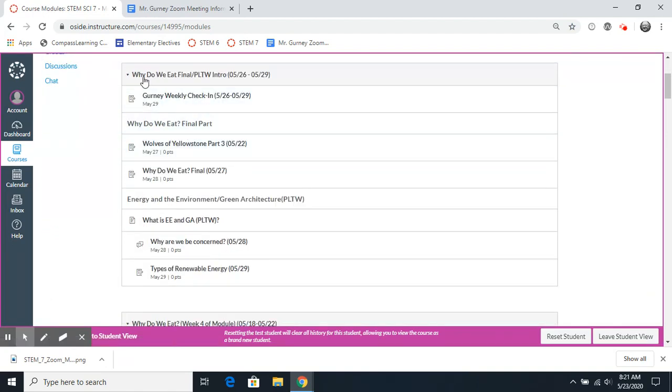And we are in the Why Do We Eat final portion of this unit. And we're going to start our last Project Lead the Way, or PLTW, unit. There's a quick check-in here, similar to other weeks. And then the Why Do We Eat final part. There are just two things. One is the Wolves of Yellowstone Part 3 that you started on Friday. I have moved the due date to the 27th, which is Wednesday, because we will be going over Part 3 during our Zoom meeting. If we open Part 3,